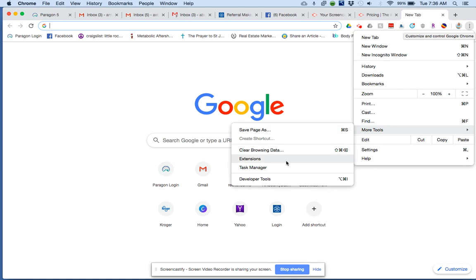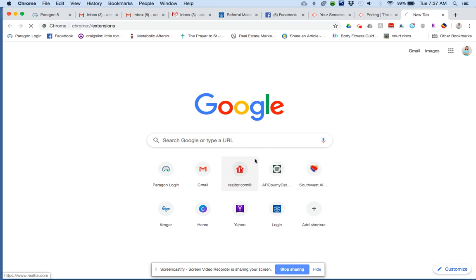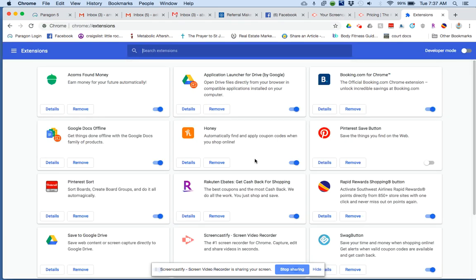If you are on another device, such as a Chromebook or a Windows device, you may actually have to go to Google and go to the App Store just via the Google page. Either one will work. So we can go to extensions here, and then I'll show you how to go via Google. Once you get to the extensions page, you simply type in